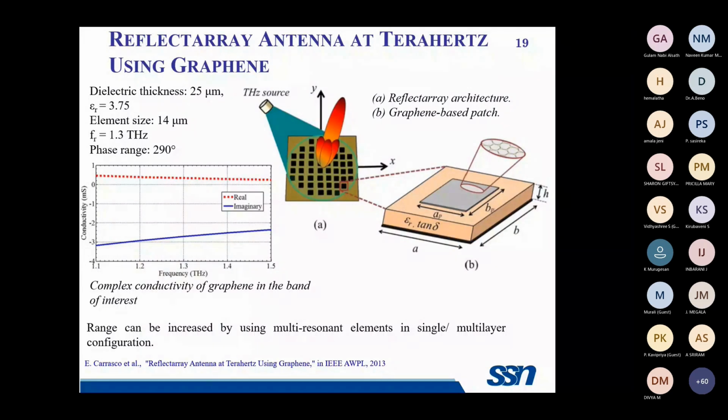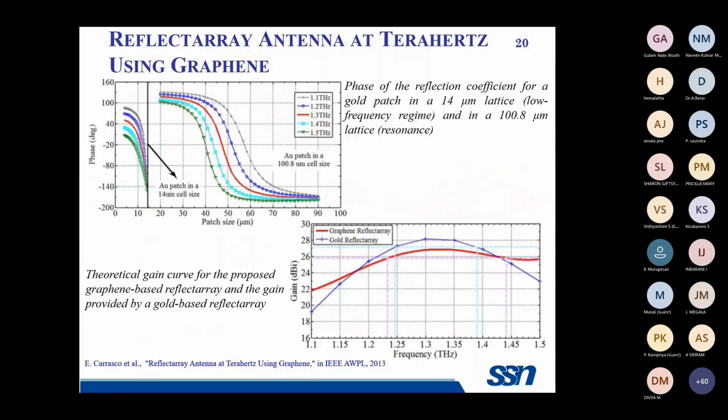We know that the complex conductivity of the graphene varies with respect to the biasing we provide to the graphene. The voltage variation we provide to the graphene material changes the inductive nature of the graphene. So this graph shows how the complex conductivity of the graphene varies. The blue line refers to the inductive behavior of the graphene over a wide range of frequency in the terahertz range. So by this variation, we can obtain an S-curve with reduced phase variation and a reduced